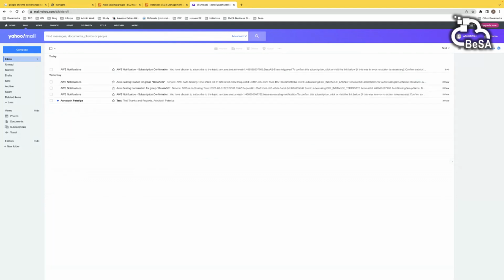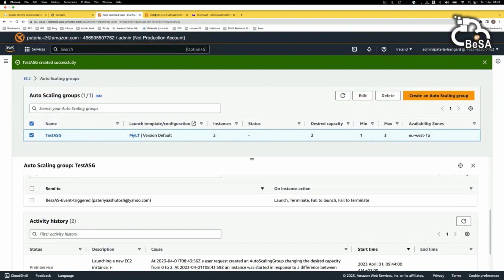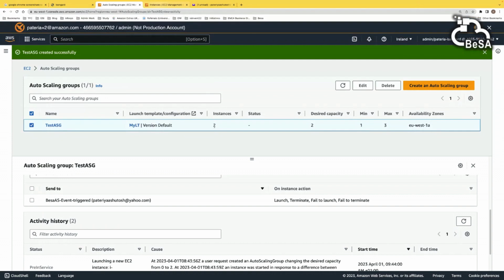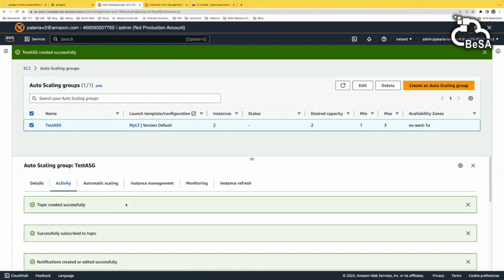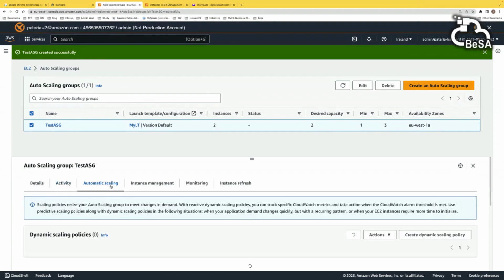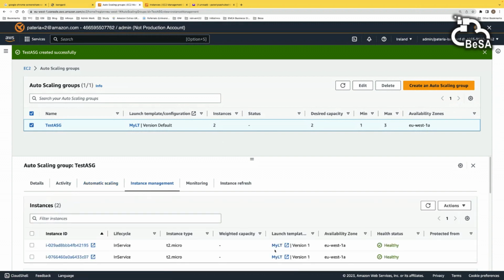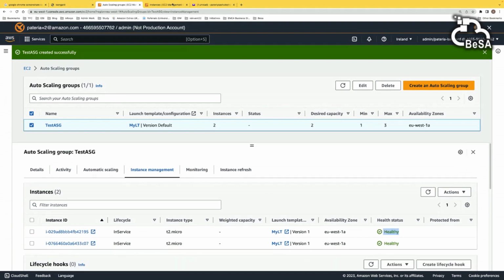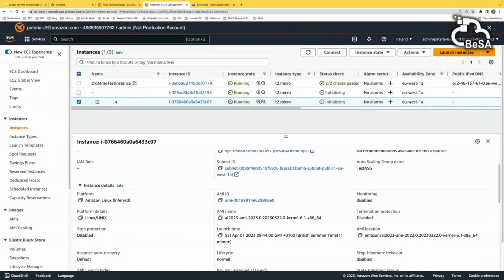So let's give it a try now. Okay, so we have two instances which are in service. If you see, they are healthy because the desired capacity is 2, right? Now let's go, and maybe something happened to this instance. It crashed.